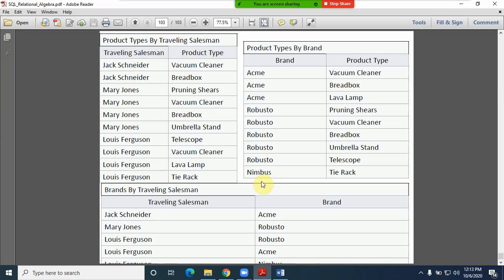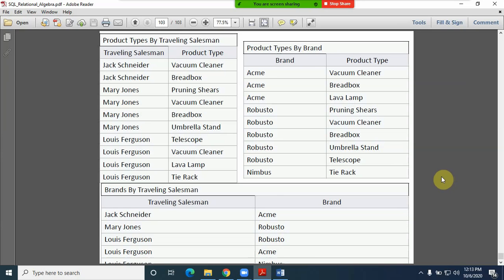Observe here, what we are doing is, we are taking product type by traveling salesman as one record, as one table, and we are taking product type and brand as another table as a combination, and we are taking traveling salesperson and as well as the brand as another table. Now you observe here,